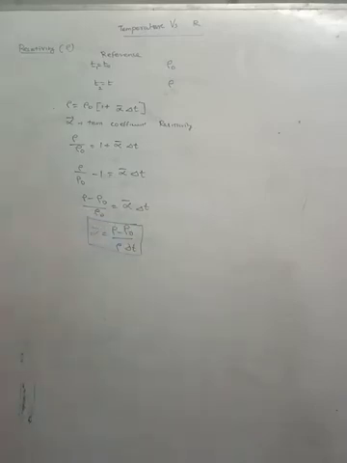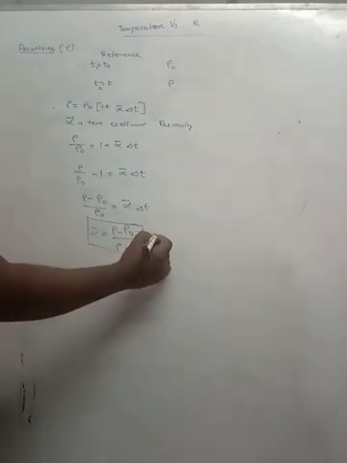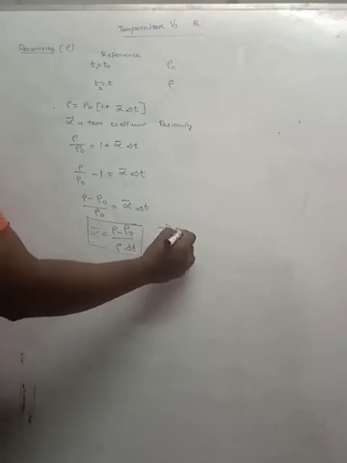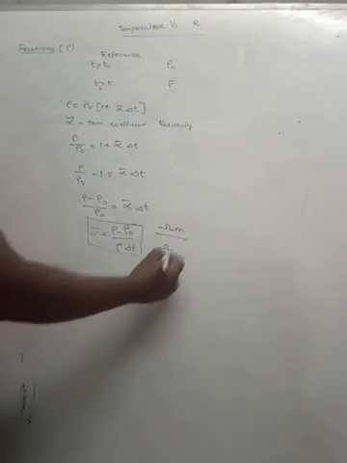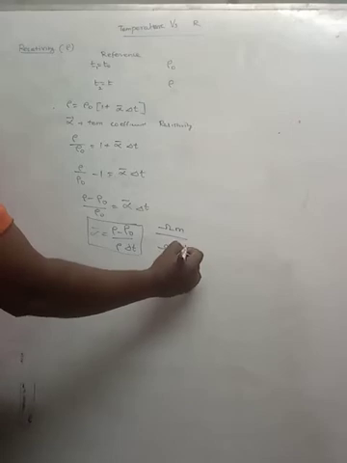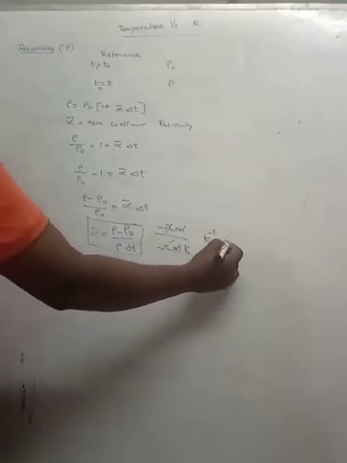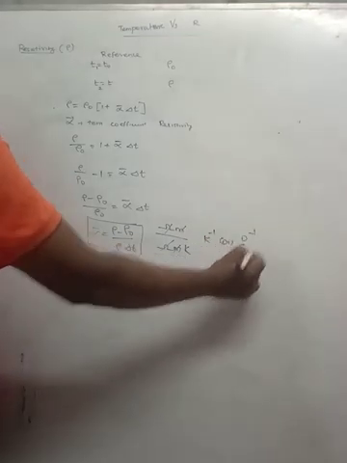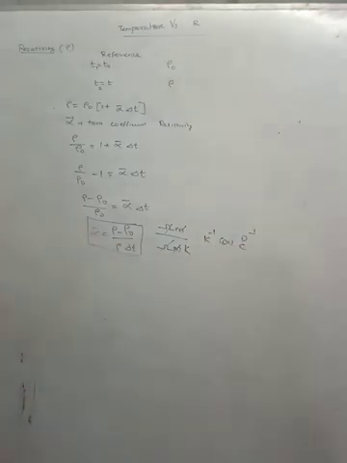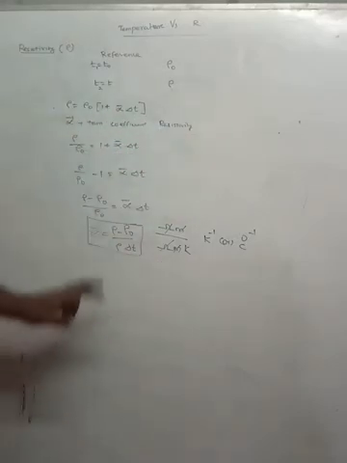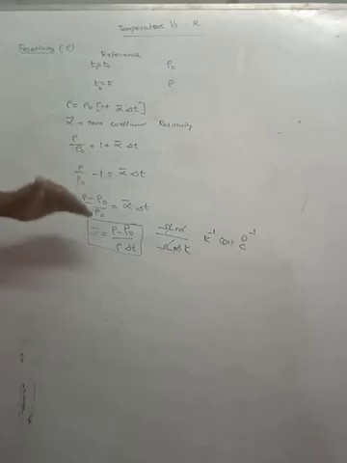The alpha bar is nothing but the temperature coefficient of resistivity, and the unit is, you know, the unit for resistivity is ohm meter, divided by ohm meter into temperature in Kelvin. So ohm meter will cancel. The unit is Kelvin raised to minus 1 or degrees Celsius raised to minus 1. So we are able to calculate the temperature coefficient of resistivity based on this.